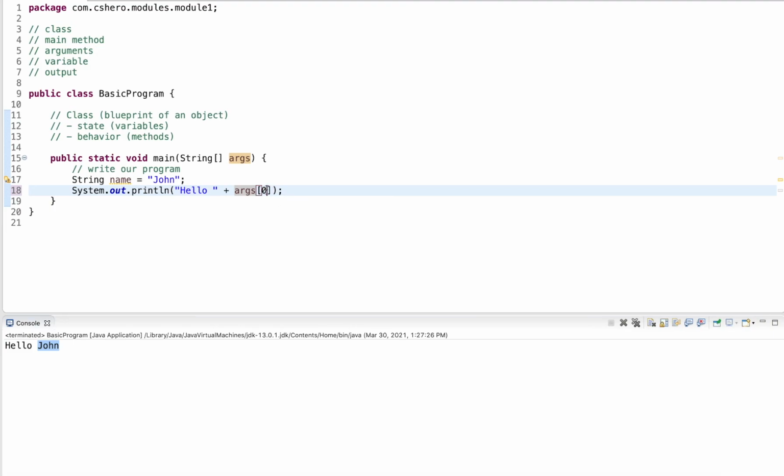So I can access the first argument at index 0, and let's say I add a string comma, and I do access the next one at index 1. This will output Hello space, then whatever I provided as a first argument at index 0, then add a comma to it and a space, and then output what I added as second argument.